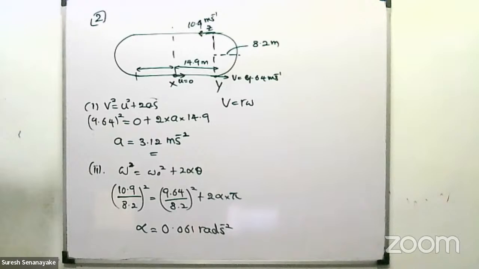Explain in terms of forces why this happens. Because when it's moving faster, the centrifugal force increases, but that